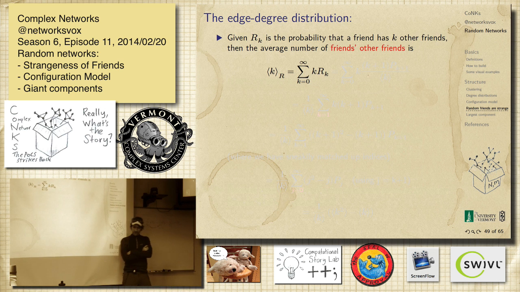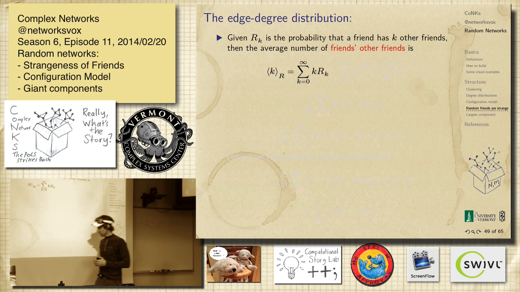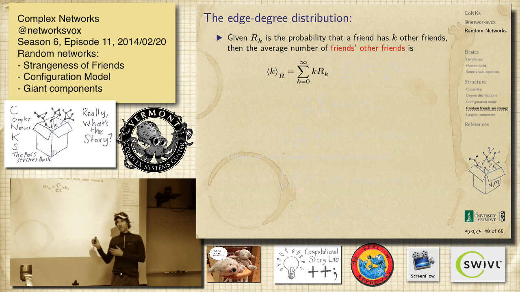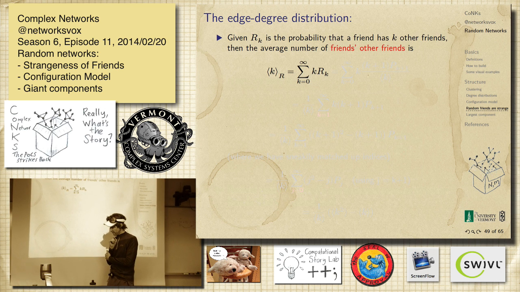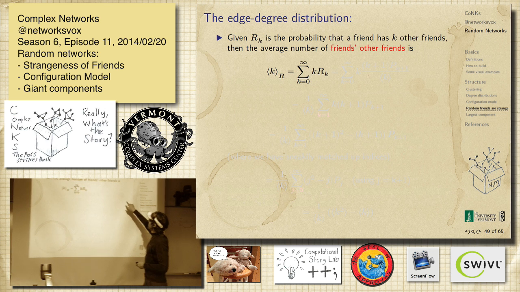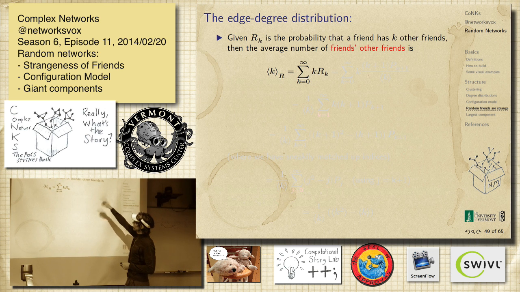Okay, so let's see. All right, so we're on a link, and we're going to look. Because it's randomly wired up, as I said, your friends are random in this network. So let's have a look at a random friend. Here's your edge. You go out and look at them. What is their number? What's their average number of friends like?